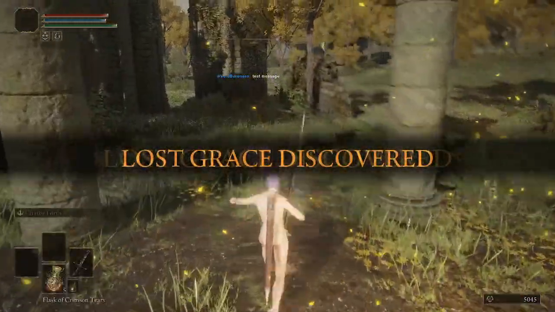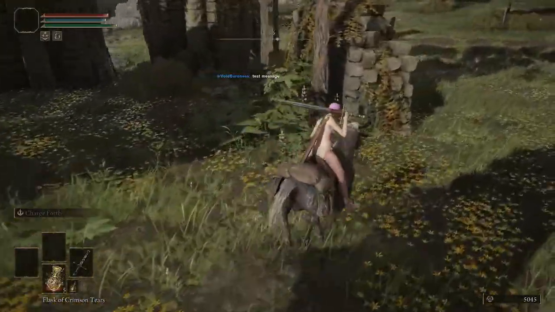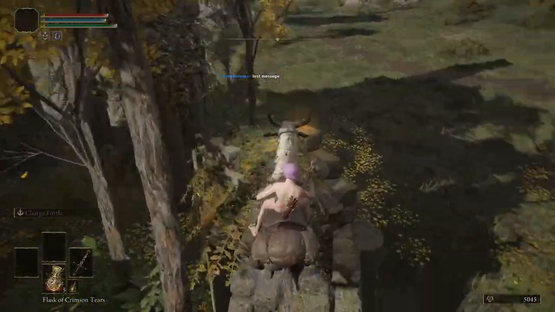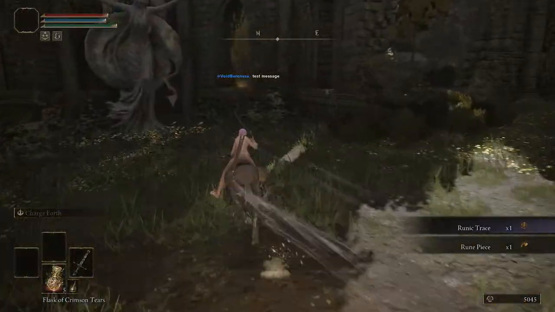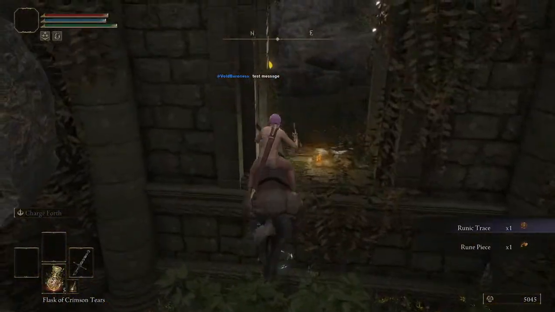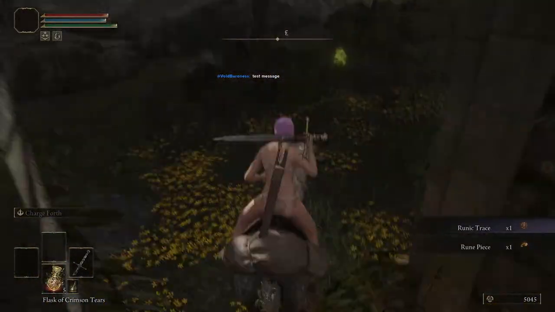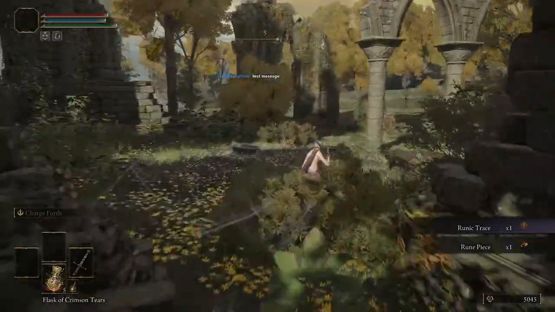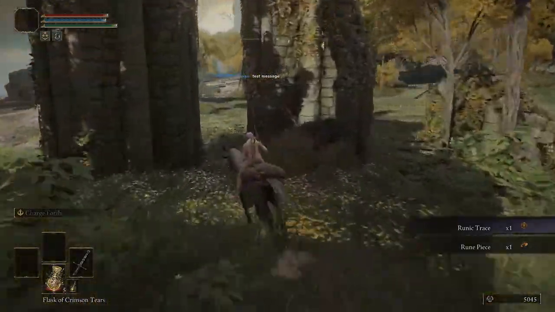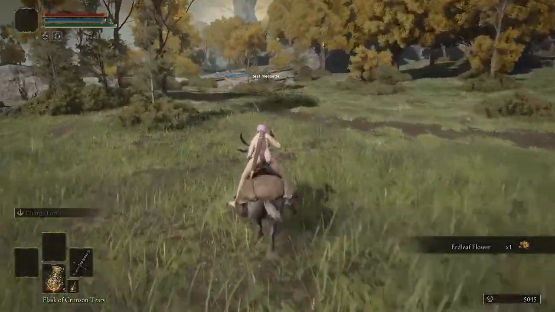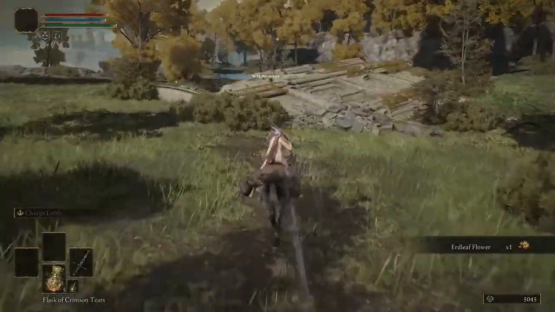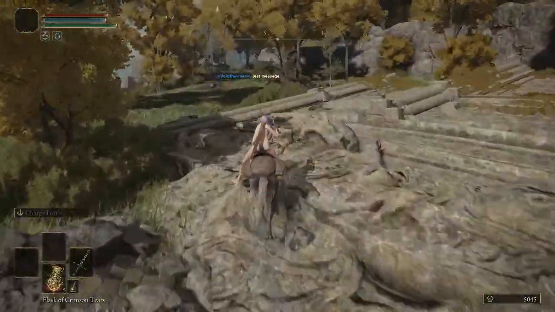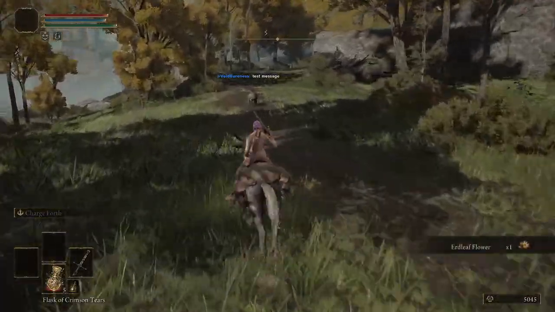We're gonna go grab the Fort Height Site of Grace. There are also rune shards here. Rune pieces, rather. Right, I said I was gonna explain what these do. Rune pieces. They're only really important once we get a remembrance, or once we get a great rune. Because obviously the great runes in Elden Ring, they're pieces of the larger